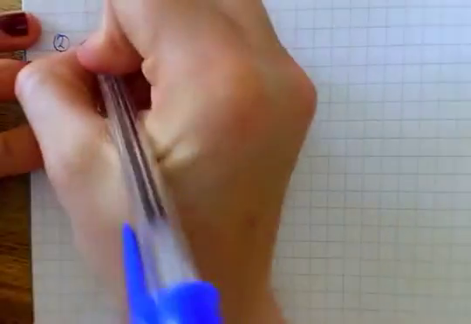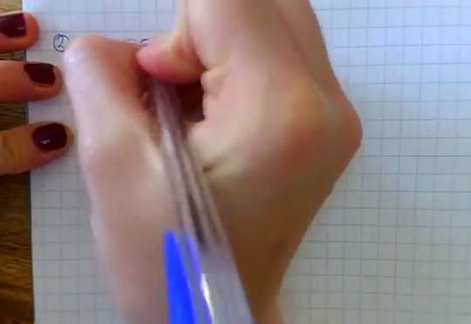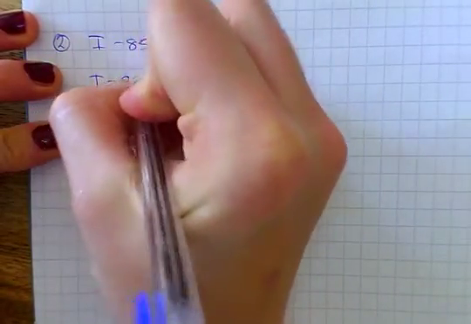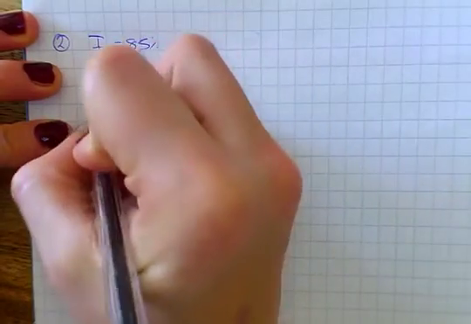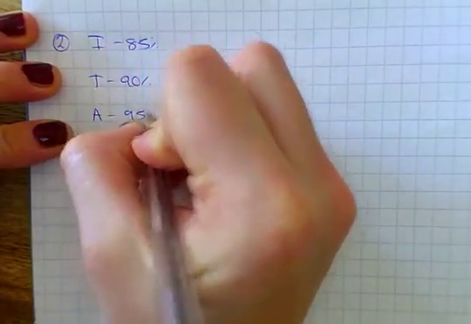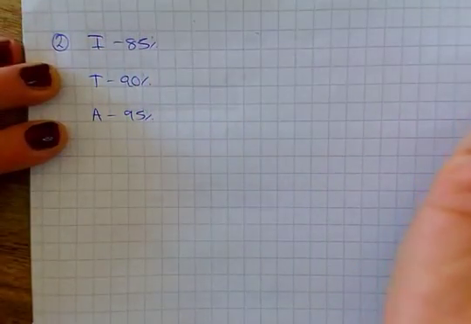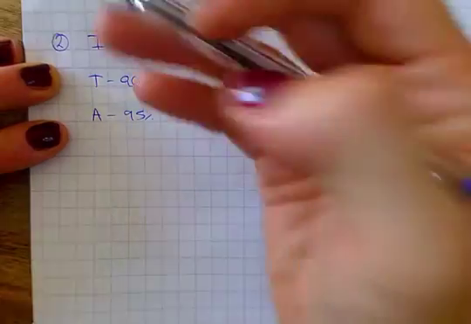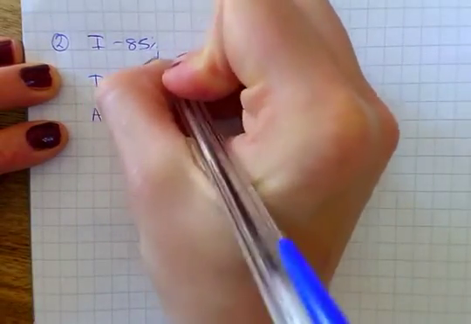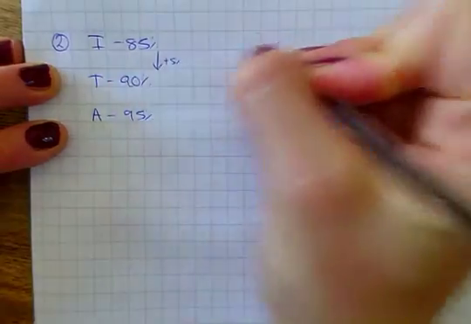Question 2 says, Ivan, Tibor and Alex sat a test and achieved 85%, 90% and 95% respectively. Tibor scored just 1 more mark than Ivan. How many marks did Alex get? So Ivan got 85%, Tibor got 90%, and Alex got 95%. So if Tibor scored just 1 more mark than Ivan, then as the difference here is 5% and he scored